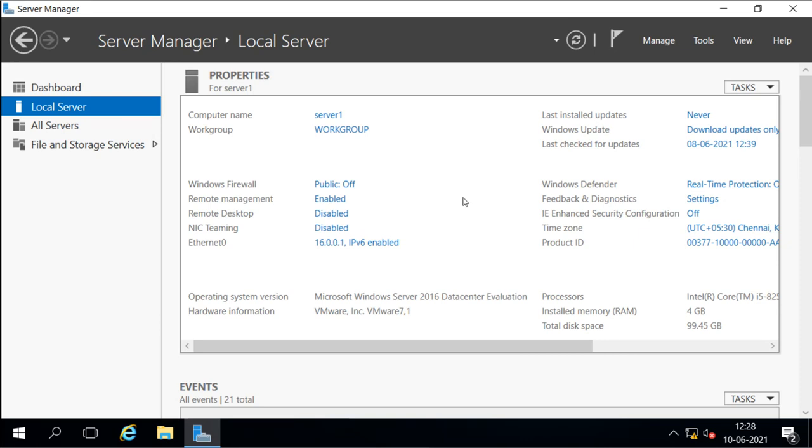Now Microsoft, after Server 2003, released Windows 2008, and they changed the interface completely. They divided every service into two things: roles and features. Roles means the roles the server does. For example, if we configure DNS services, that means the server is going to do the DNS role. It is going to do the role for the DNS services.